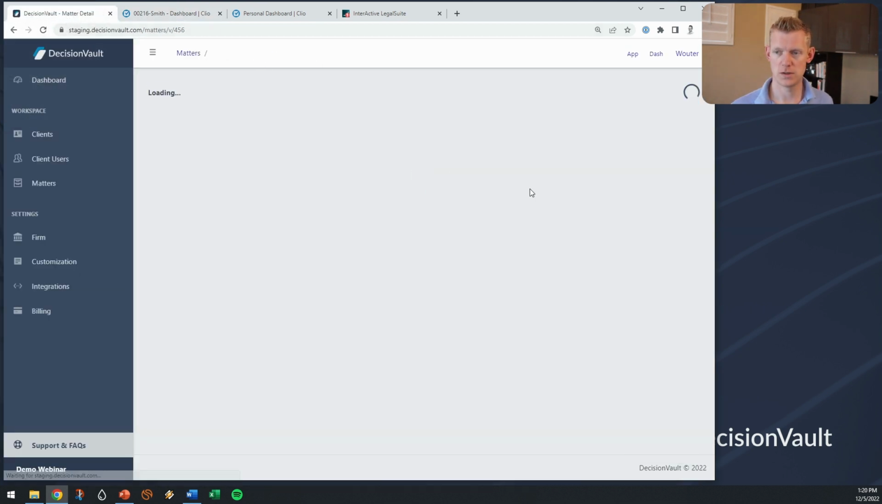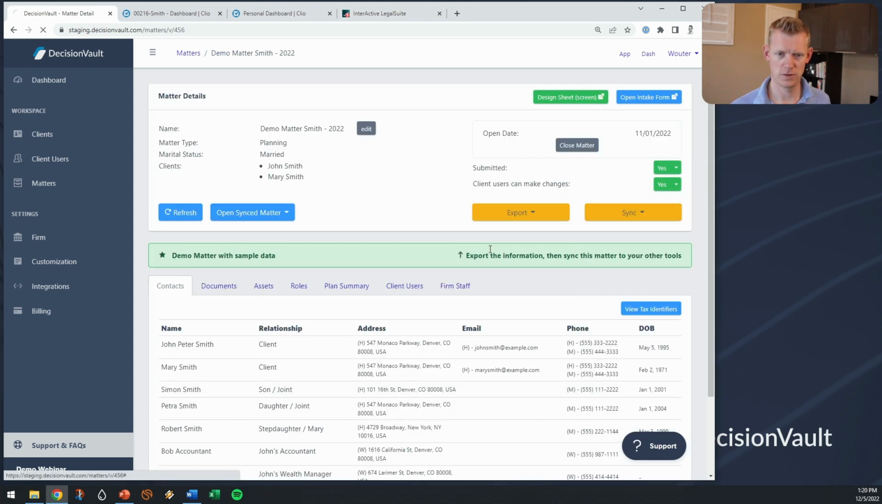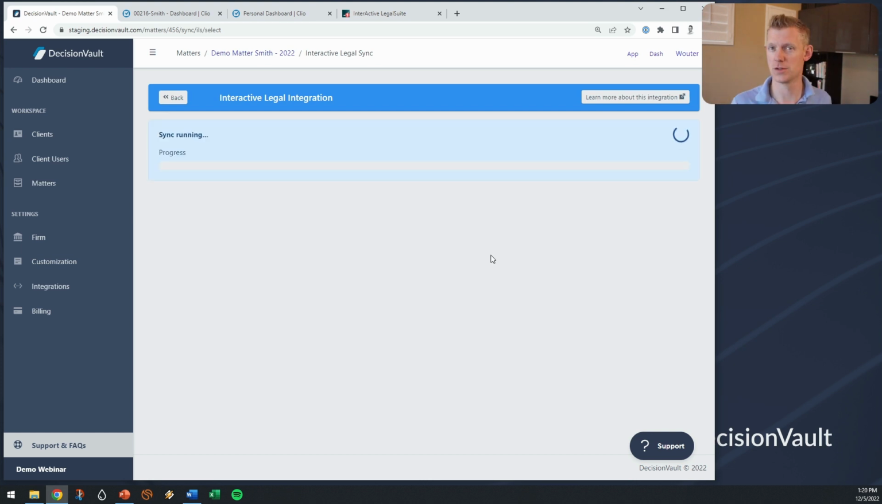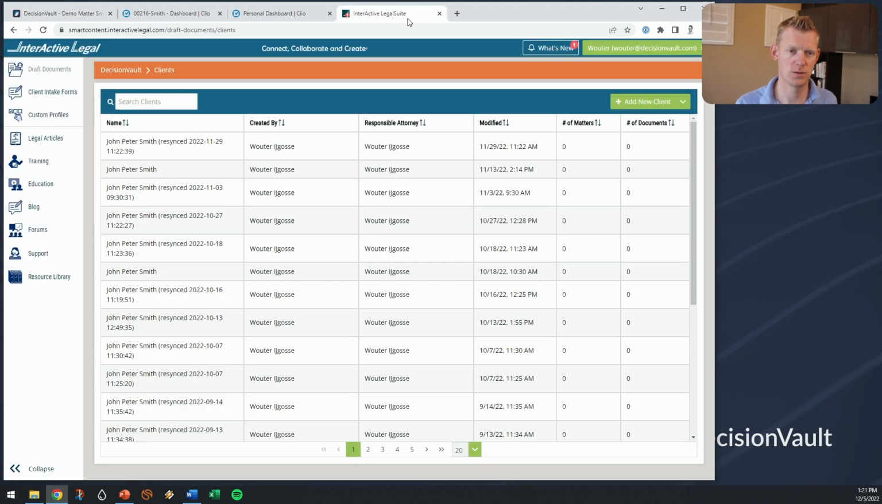Let's do something else. Let's do a drafting tool, Interactive Legal. So DecisionVault can directly push this into Interactive Legal. It doesn't allow you to pick and choose out of the contacts, but it pushes all the contacts that can be pushed. So if we jump over into Interactive Legal,